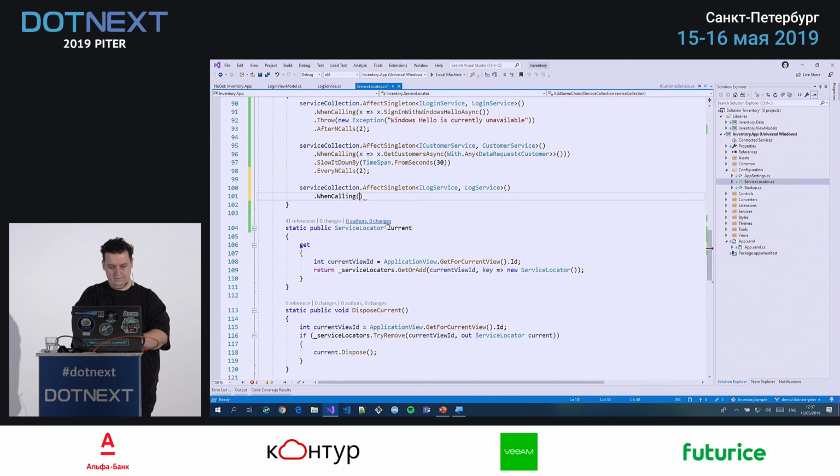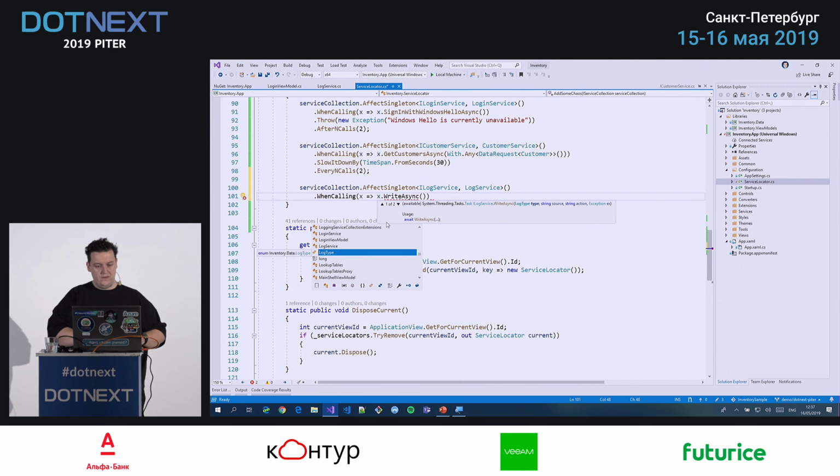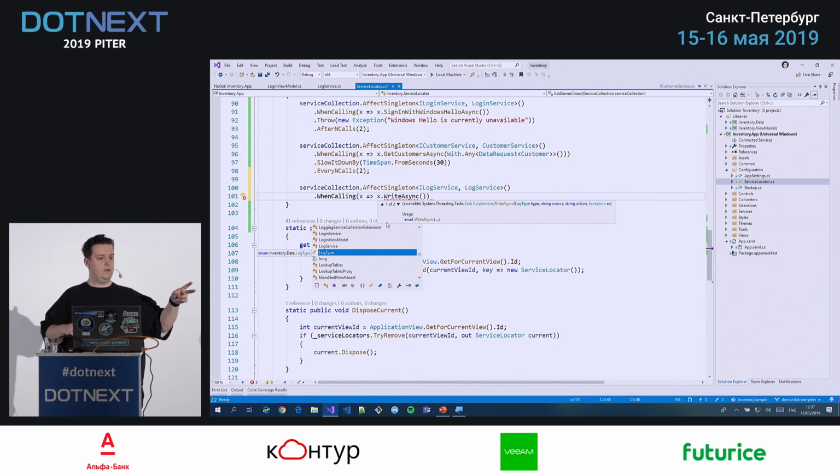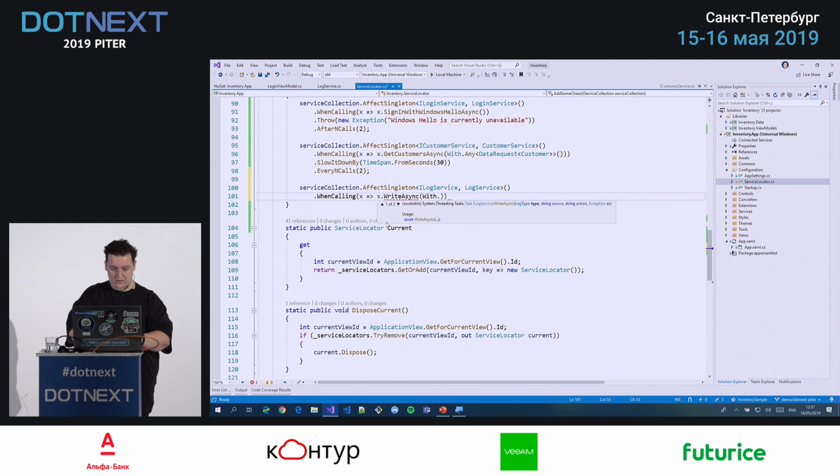When calling write async, this one has a lot of methods, and again, it has two overloads. The first one is taking an exception and some information, and the second one is only using string parameters. But I know that the exception one is calling the other one, so I'm only going to override that one. And again, with any, what's the first one? I think the first one is a log type, and all of the others are strings, so log type with any string,